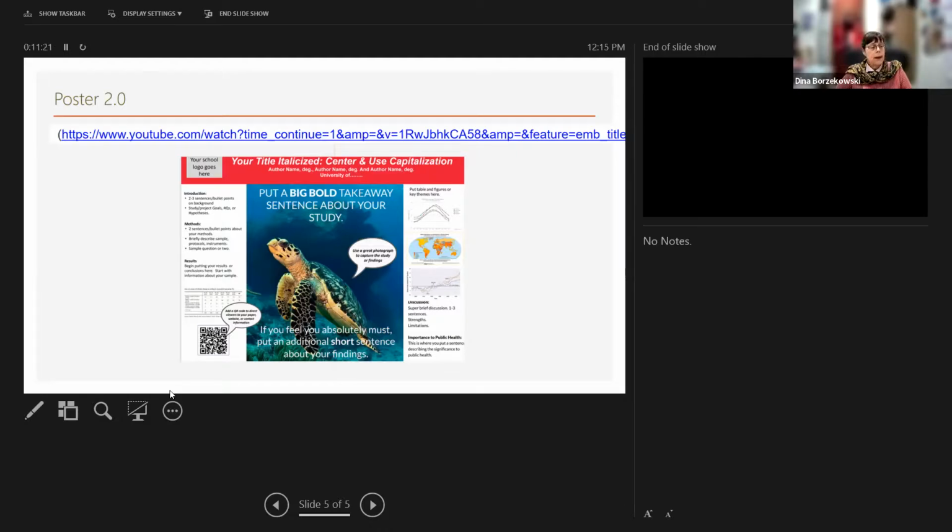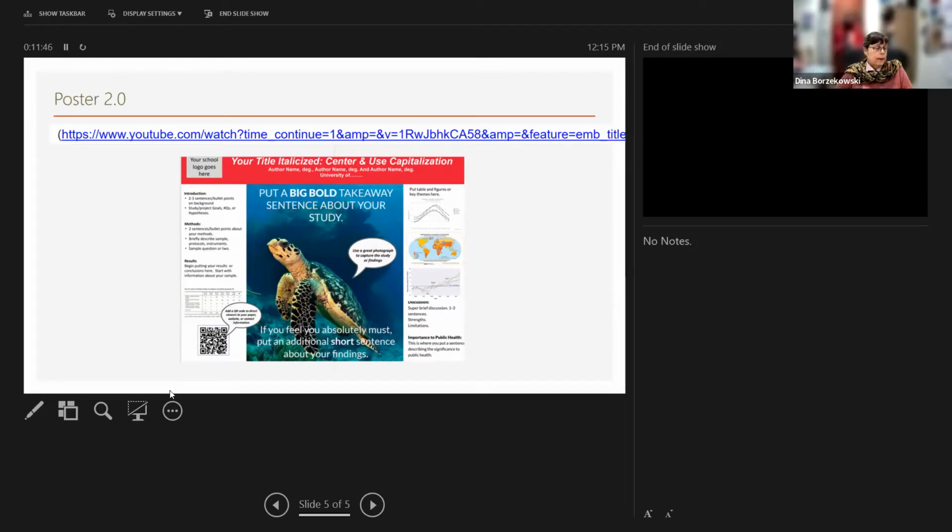Additionally, you can add a QR code, which will allow you to refer the person looking at your poster to more information. So perhaps you have an entire paper you've written about your poster and it's ready to go. Put a QR code and put a link for people to be able to look at your paper.